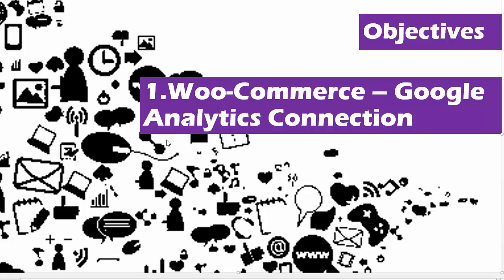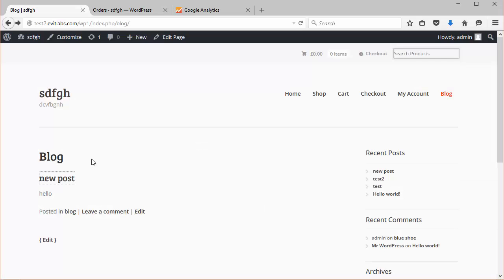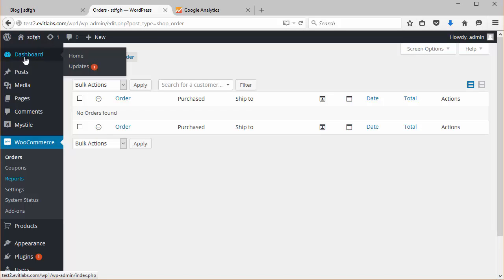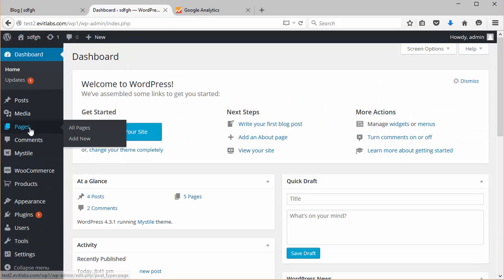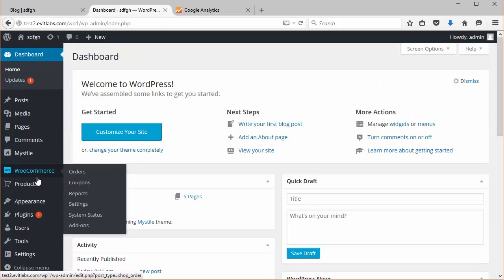Google Analytics is a tool that's completely free that will be connected to your website and record all the information about your viewers. The type of information you'll be able to gain from this is how many people viewed your website. So going back into our dashboard, the first thing we're going to do, which I've already done possibly, no I haven't,